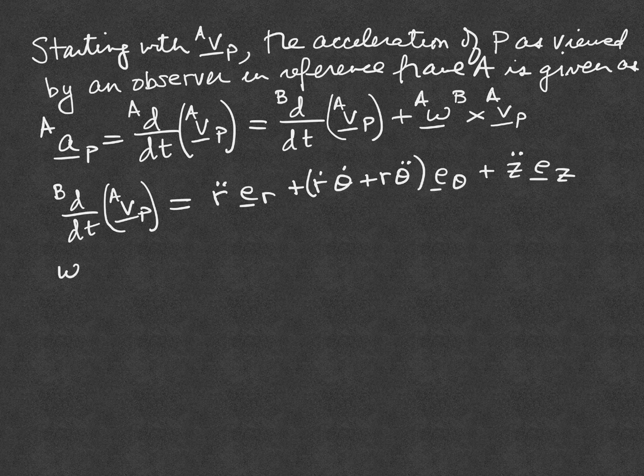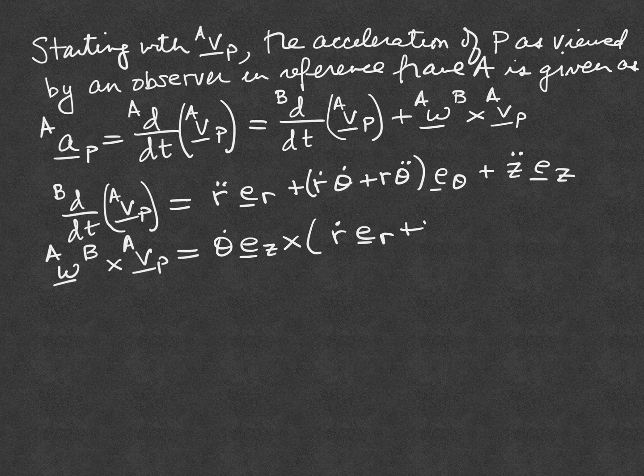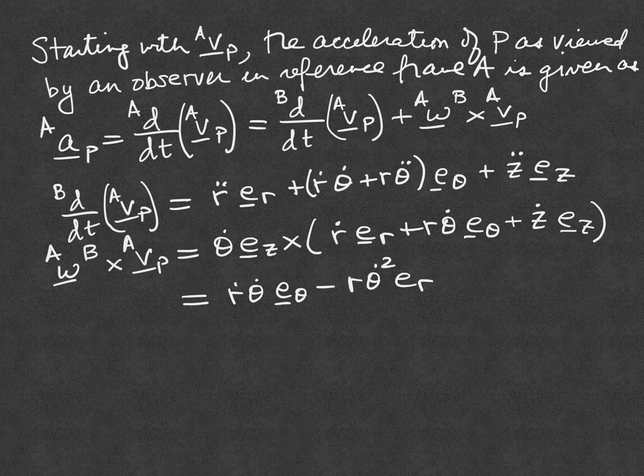And then the next term is the angular velocity of B in A crossed with the velocity of P in A, and that's equal to theta dot EZ crossed with r dot ER plus r theta dot E theta plus z dot EZ. And if I do the cross products, or the vector products, EZ cross with ER is E theta, EZ cross with E theta is minus ER, and EZ cross with EZ is 0. So I get r dot theta dot E theta minus r theta dot squared ER,